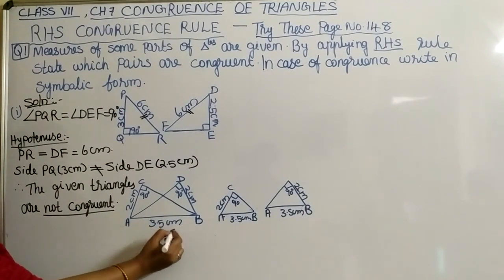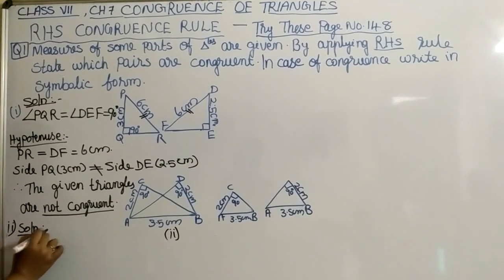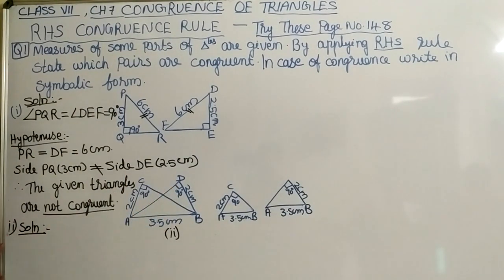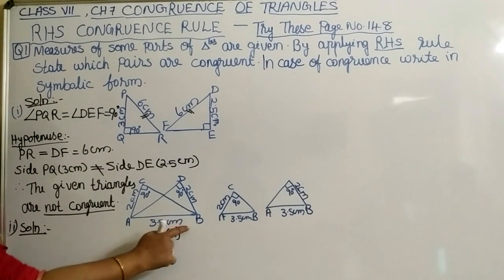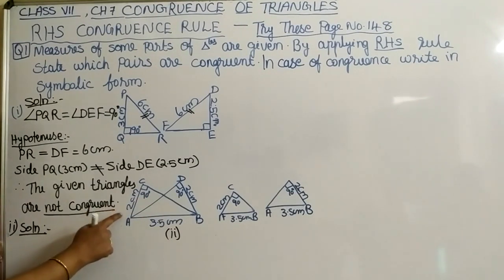This is our question number 2. Here it is given both triangle ABC and triangle ABD. Both are right angled triangle. So our first condition is satisfied. And opposite side of right angle is this one, AB. Here also opposite side of right angle is coming AB. Both are same side. So it is of same measure. That also satisfied. And one of the side is given AC 2 centimeter. Here also BD 2 centimeter. So the given measures are equal. So these two triangles are congruent.